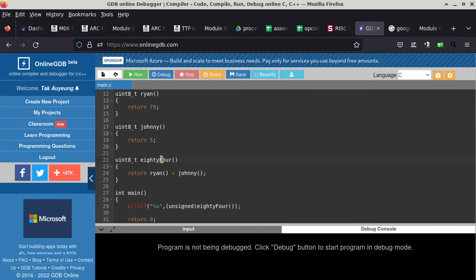And then we have another subroutine called 84, just spelled out 84. All it wants to return is the return value of Ryan added to the return value of Johnny. Because one is 79, the other one is 5, the sum is 84. So that's why this particular subroutine is called 84,